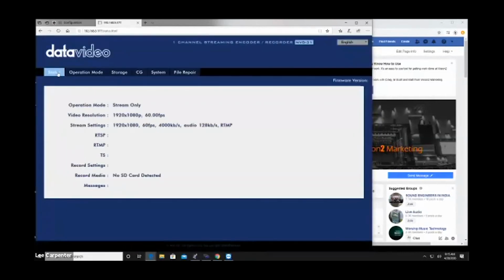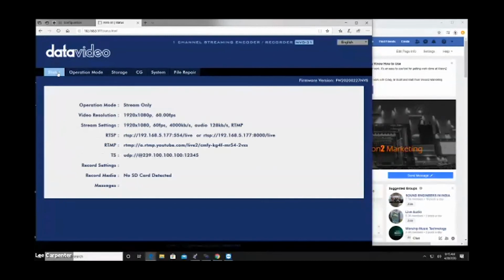This is what's actually built into the Data Video switcher. And then this is also the device that I showed you on the table a few minutes ago, and the cameras, they all kind of have the same sort of functionality. So what happens on the encoder when you come into the main page is it gives you a status of